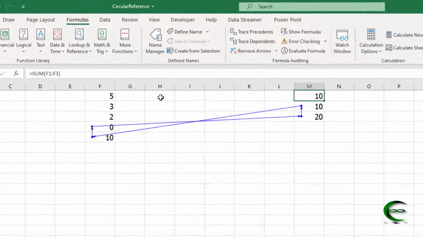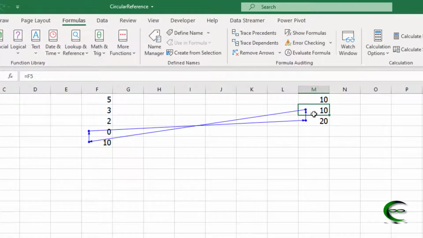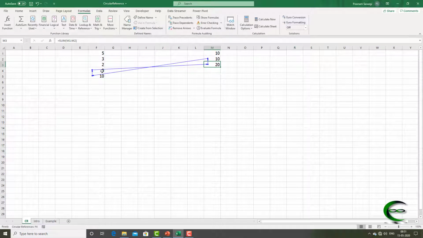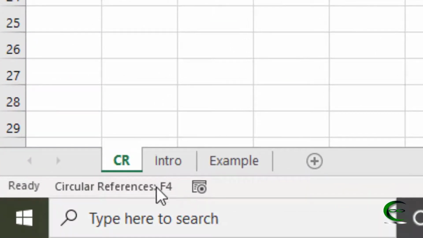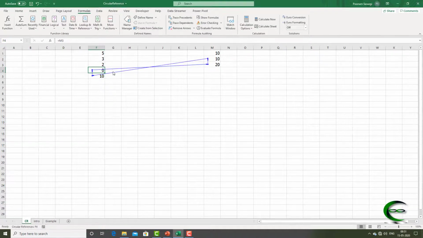Here F1 to F3, and this cell is referring to F5, and this cell is adding both of these, and we are again bringing this cell here. So in F4 we are getting the circular reference error, not F5. We have to correct our formula in F4. It is a circular reference error.